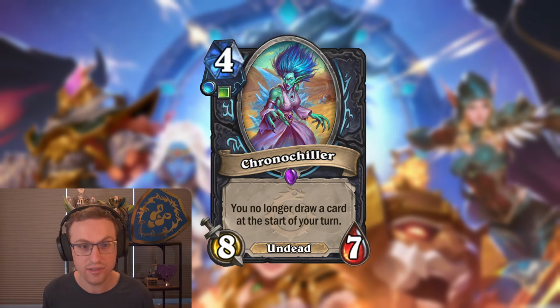Then we have the Chrono Chiller, a 4 mana 8/7 undead. Yes, 8/7. It might just be the biggest statted minion as a 4-drop that doesn't require other things to be summoned. You no longer draw a card at the start of your turn. So yeah, that's a lot of stats, but it does have those 2 runes, the Frost rune and the Unholy rune. So it only goes into a few decks, and